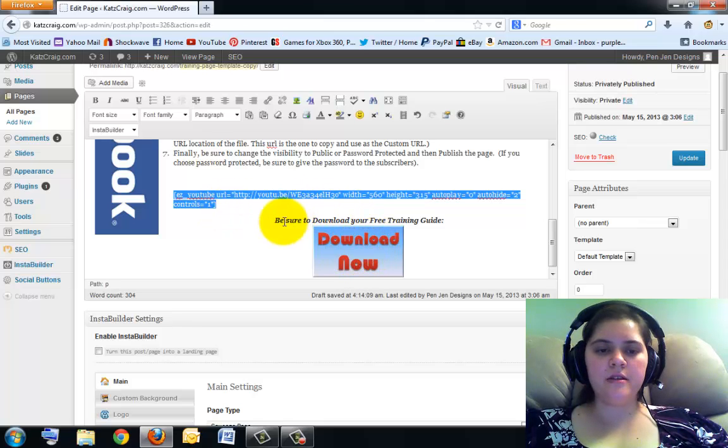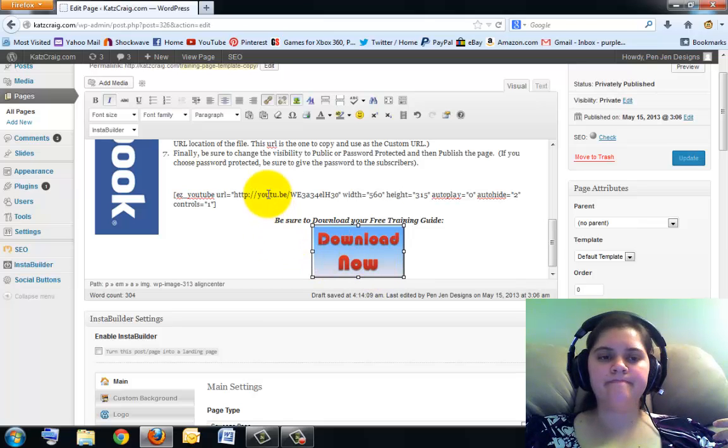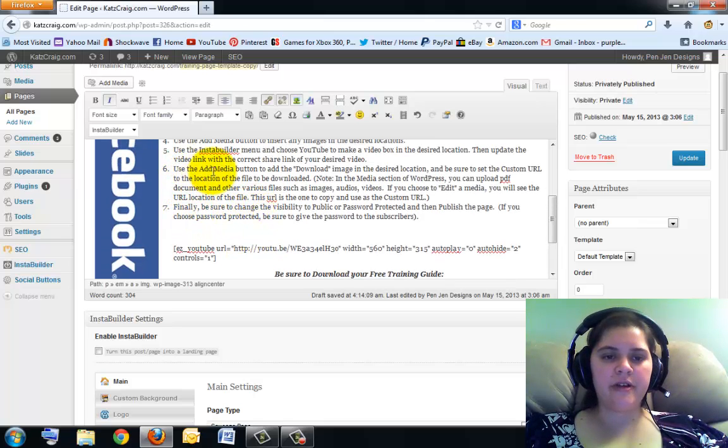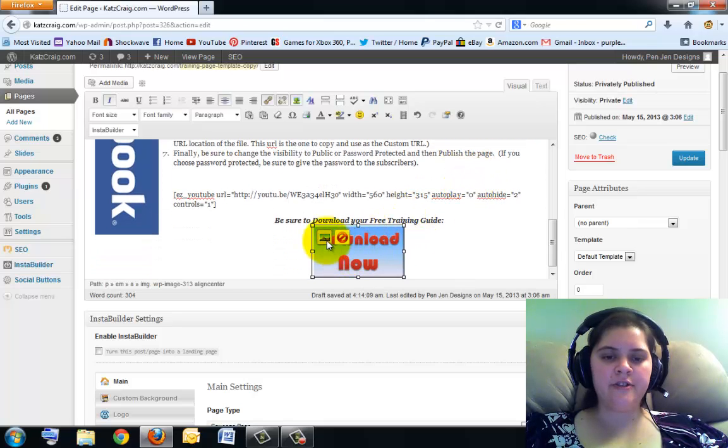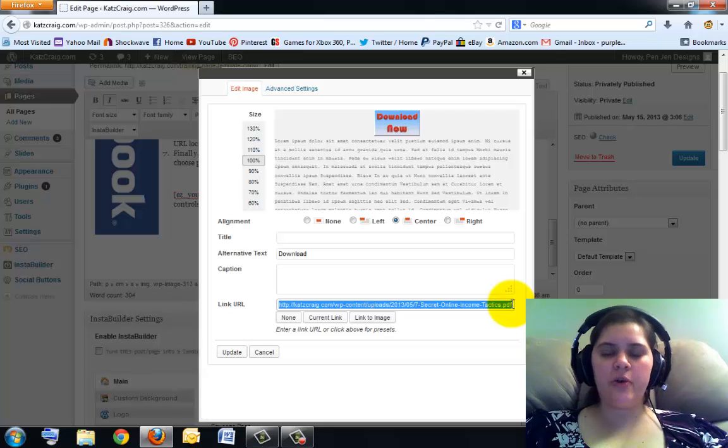Now, this button here, I made you an image that says download now to be a download button. So you'll notice I have it that you just need the URL of a PDF. So if you notice, when you go to edit this image, it has a URL link that links to a PDF. I just threw one of my PDFs in there just to show you how to link that so you could see. So if you upload a different PDF document that you want them to be able to download, you